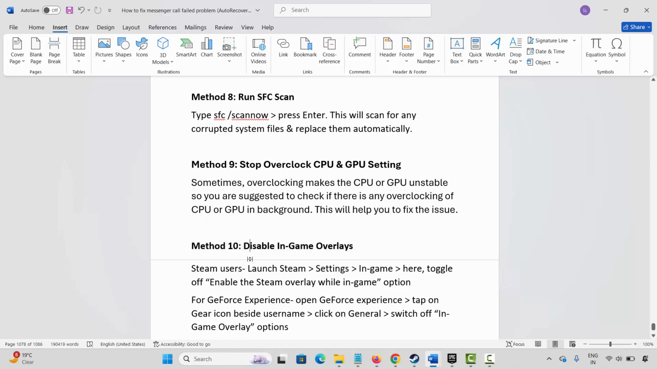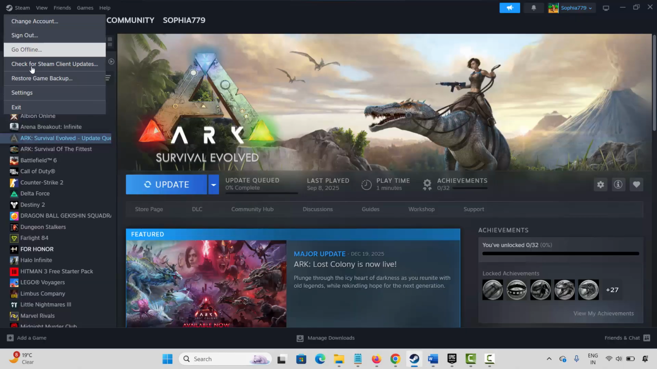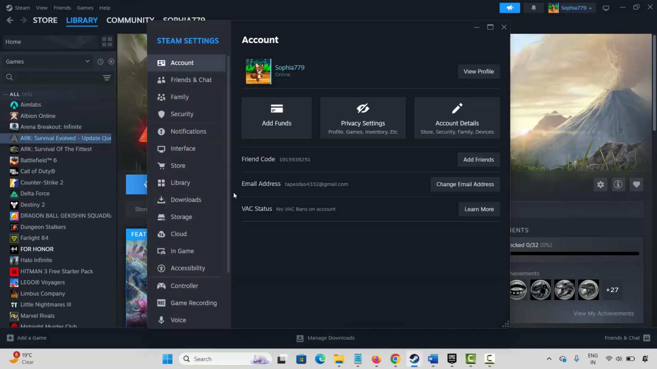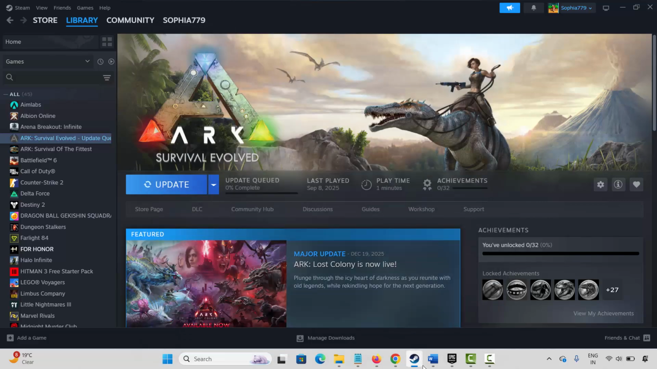Next method is to disable in-game overlays. So Steam users, go to Steam, click on Steam option, click on settings, go below, click on in-game and here you have to check if the enable the Steam overlay while in game option is enabled or disabled. If it is enabled, you have to click on it to disable it and after that launch the game and